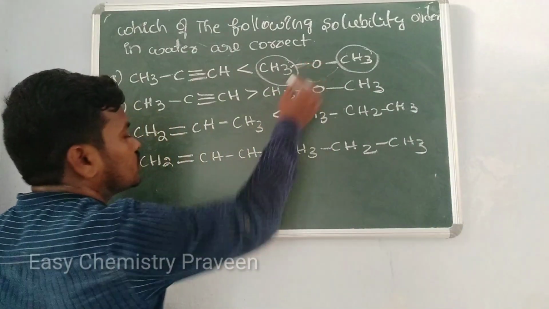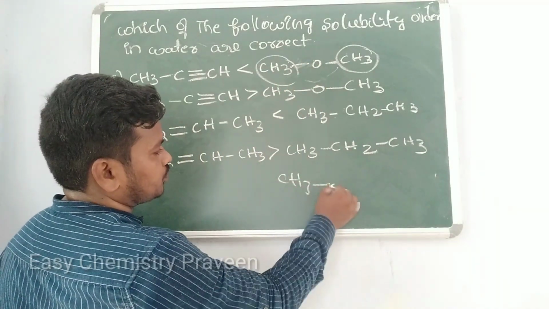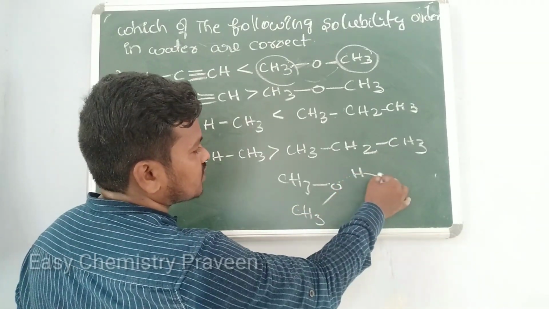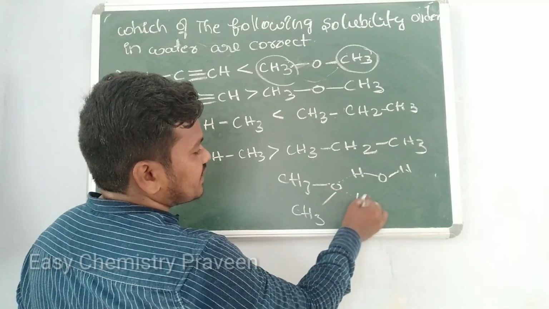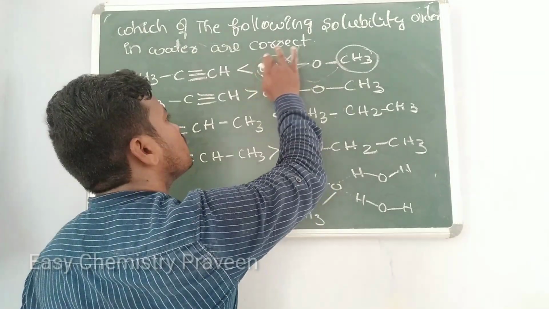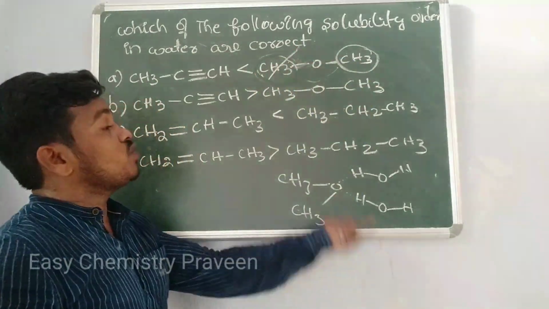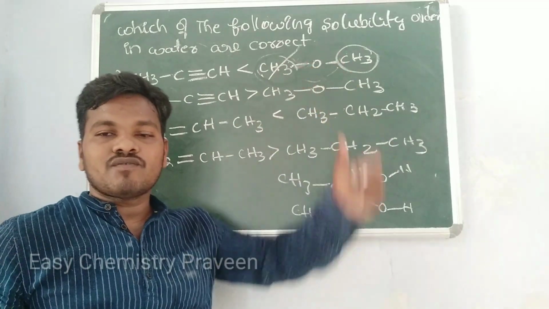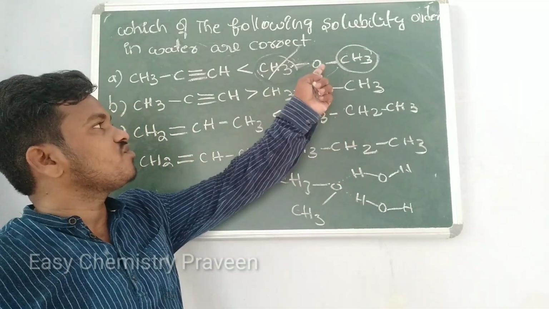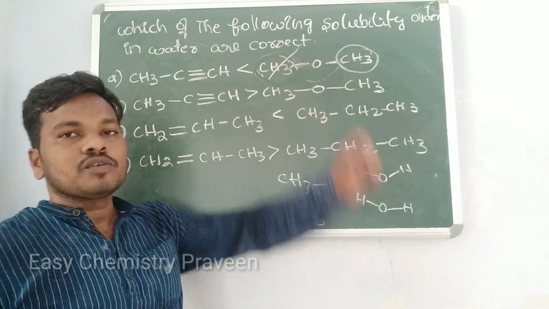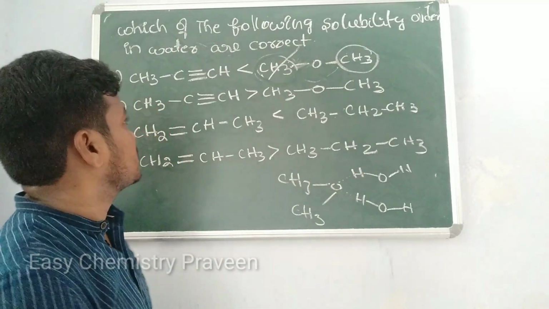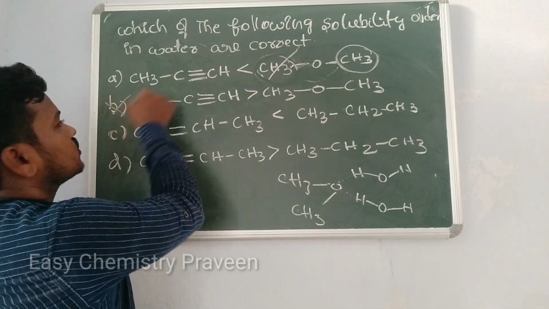If you see here, CH3, OH, CH3, the two ends will form hydrogen bonds. Whenever it forms hydrogen bonds, solubility will be more. In this case, you should not go with bulkiness. We go with bulkiness when we see similar types of organic compounds. But whenever you go with electronegative atoms, see how many atoms are present and whether it is forming hydrogen bonds or not. So the first one is correct. The second one is wrong; of course, they have given the opposite.